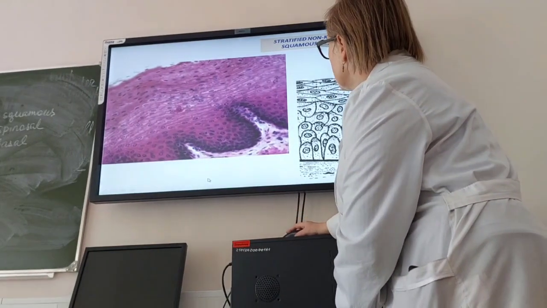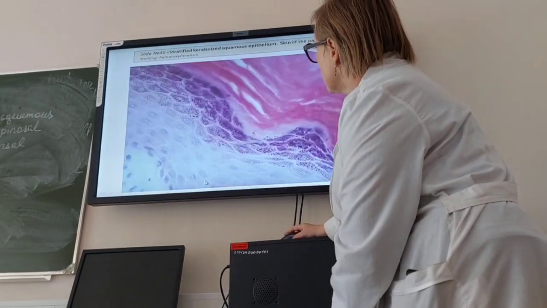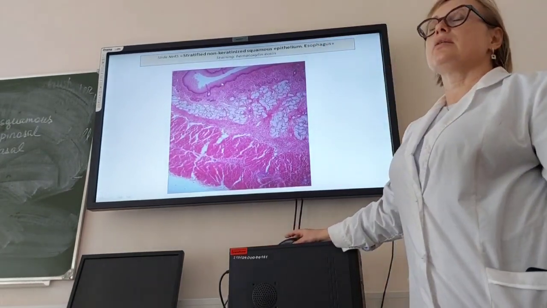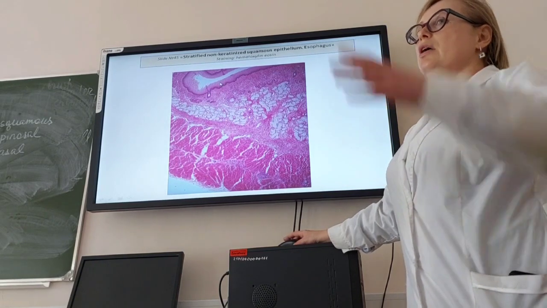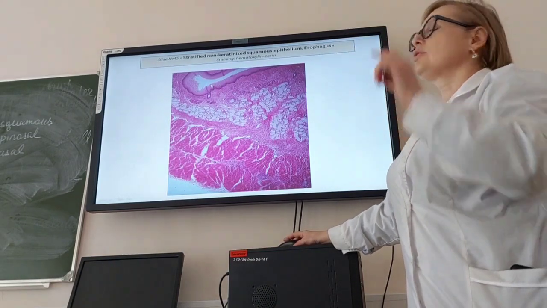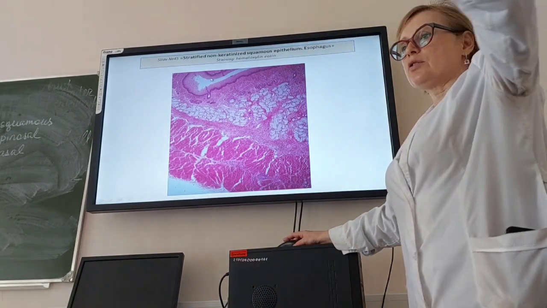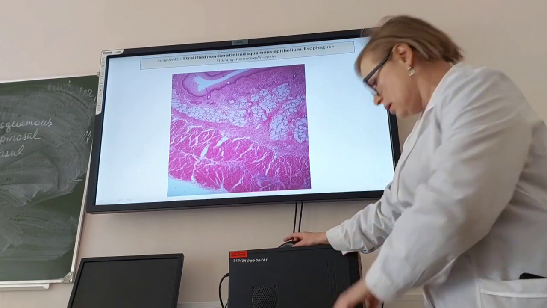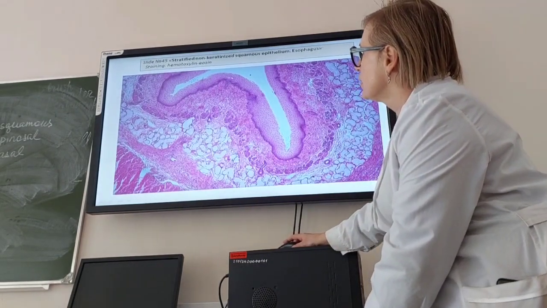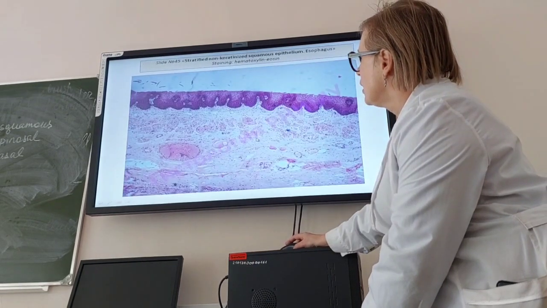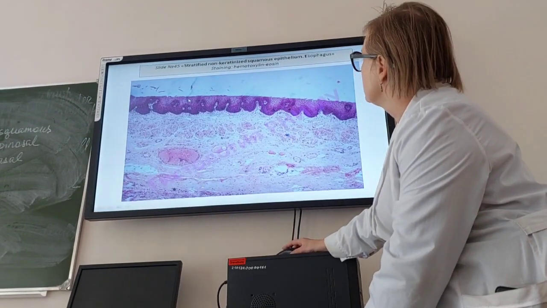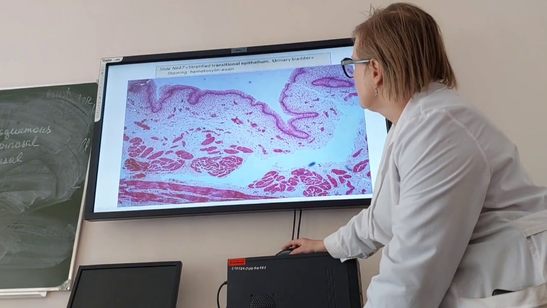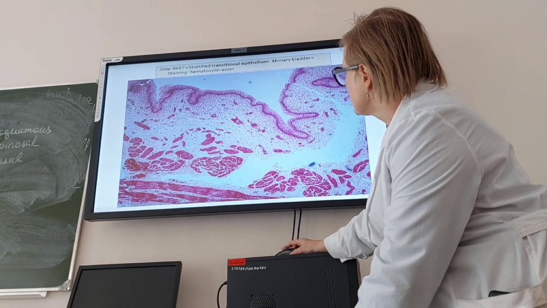So let's examine a slide with this type. As I said, we can see this type of epithelium in the esophagus. The esophagus is a tube, and the internal surface of the tube is lined by this epithelium. What here? What is this? This epithelium. This tongue. Esophagus. Okay, esophagus. Again, and where is just maybe